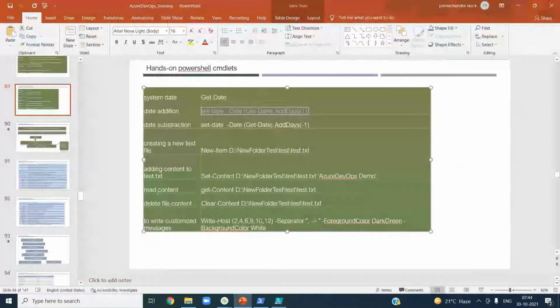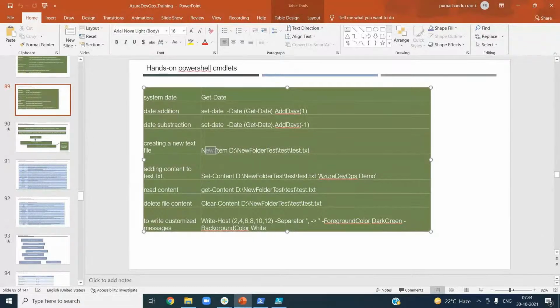After that you can work with files, similar to how you created folders. You see New-Item, -Path, and then file. You can create a file like we just created, and you can write content to files as well, using Set-Content. Let us say in our test file, let's try to add something. Right now the test file is empty.